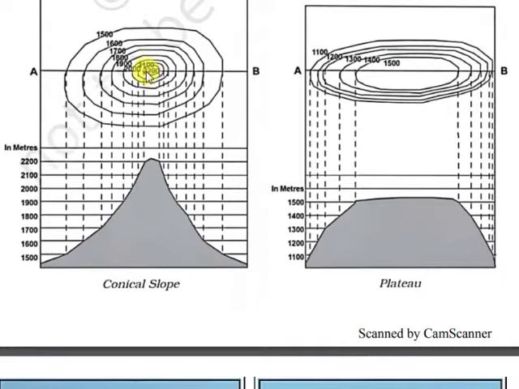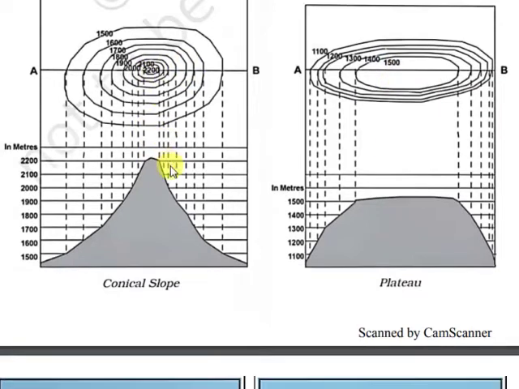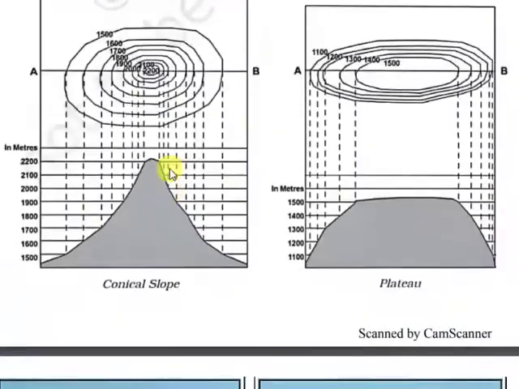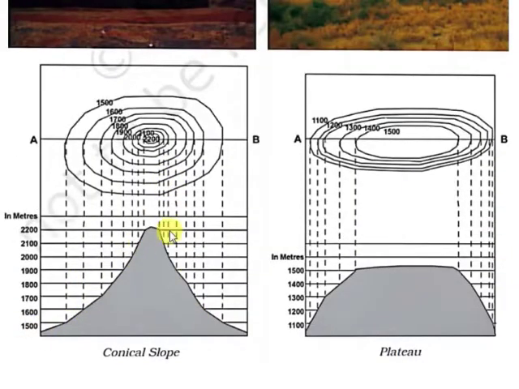And you can also notice here that the highest portions are shown with the highest numbers of the contours. Here also, the highest part of the plateau is shown with the highest number of contour, 1500 for the central part, here 2200 for the central part. So whenever we show height, this is an elevated part. You know that a conical slope or plateau is an elevated part which is comparatively higher than the land. So these features will always be shown with the higher central portion, whereas the reverse will happen for the